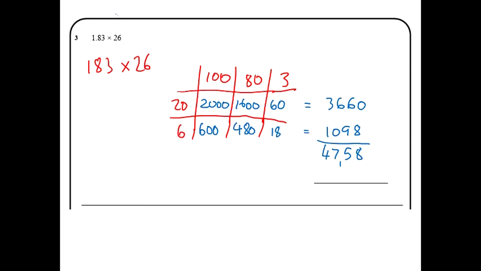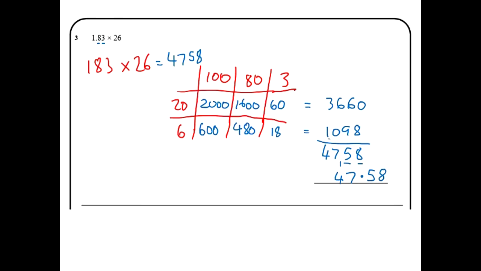Now, of course, the answer to this is not going to be 4, 7, 5, 8. That's the answer to this. So what you do is you just underline any numbers that come after a decimal point in your question. So this 8 and this 3, and there weren't any with the 26. So 2 numbers after the decimal point, there needs to be 2 numbers after the decimal point in the answer. So the answer to the question is